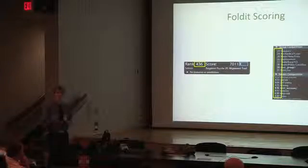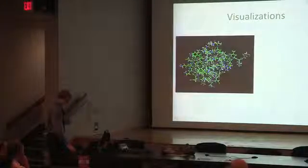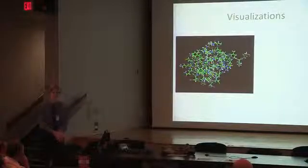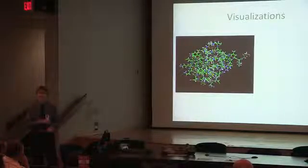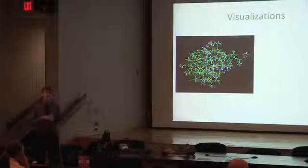And for the group, it allows you to collaborate and work on the same protein and try and come up with better results through that. Another area where we've tried to make this very game-like is the visualizations of the game. With the visualizations, our goals were to make it simple and have them clearly demonstrate the basic rules of protein folding, because it turns out you can actually reduce protein folding to some fairly easy and able to be